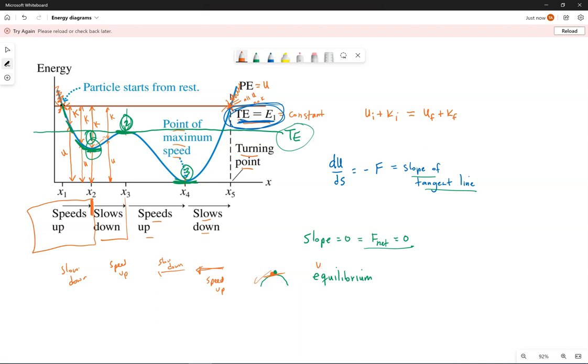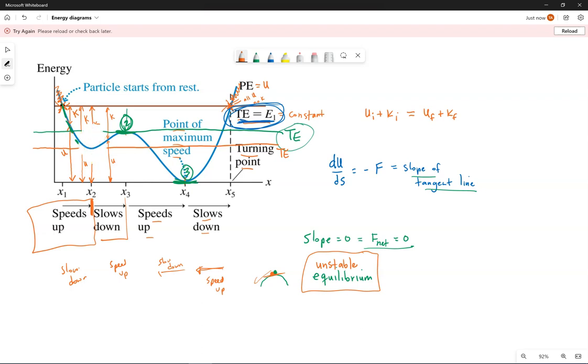We call this a location of unstable equilibrium, meaning the object, whatever it may be, a marble on the top of a little peak, if we place it just right, we can get it to stay there, but even the tiniest bump would make it move away. So the term for that is unstable equilibrium. But if we come back to our graph and think about point 1, if the total energy was just right there,